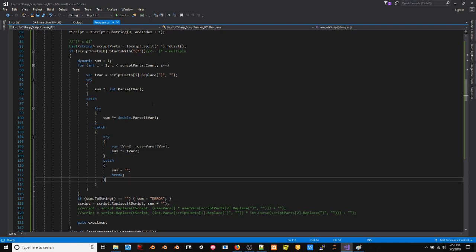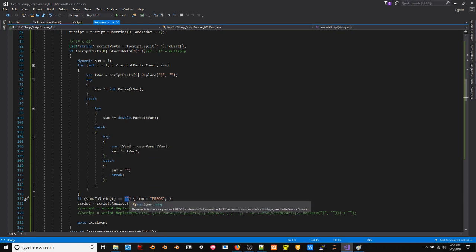The other thing that I didn't want to deal with inside of a math function was dealing with strings. So I'm only trying to deal with strings as far as getting variables back. Otherwise, I'm sending back a blank string. If the string is blank, then it's just going to return error because it realized that I have no valid variable that's set to a string. So just return error because you're not a numeric value. So that's what we did with